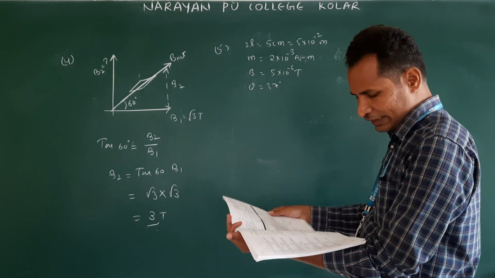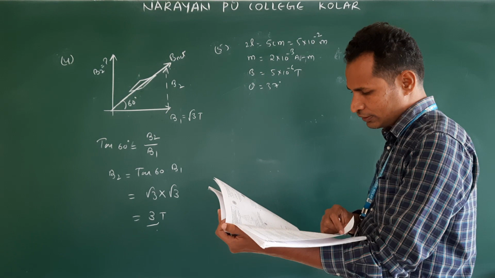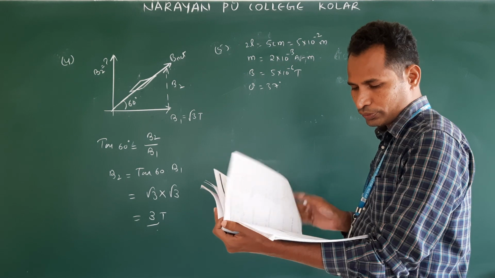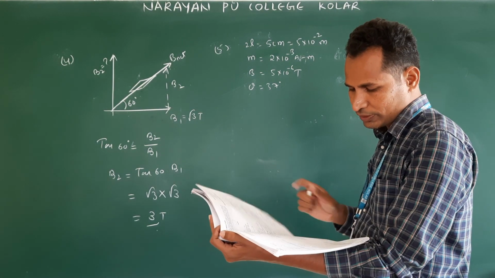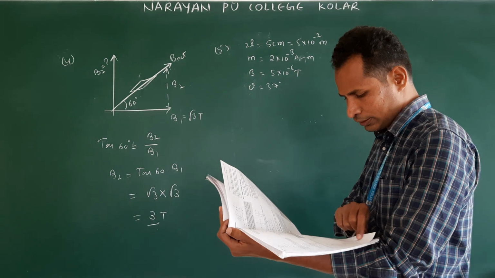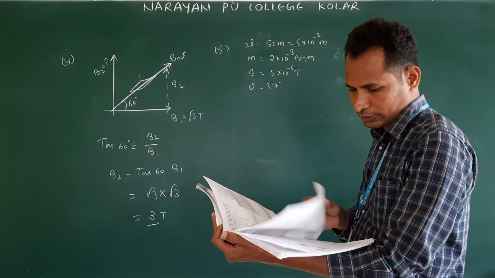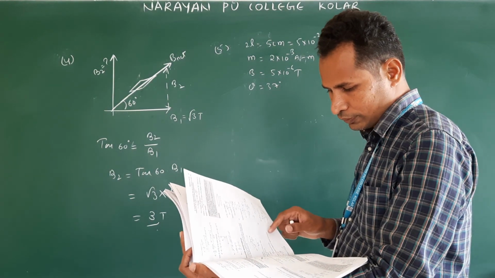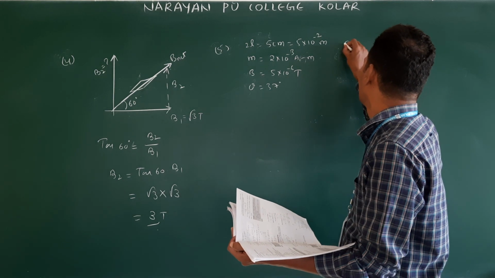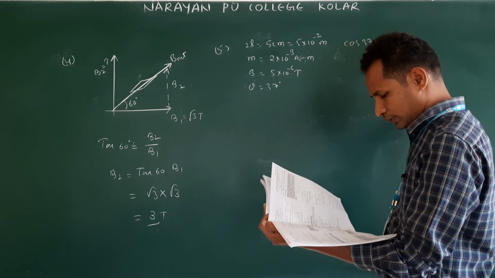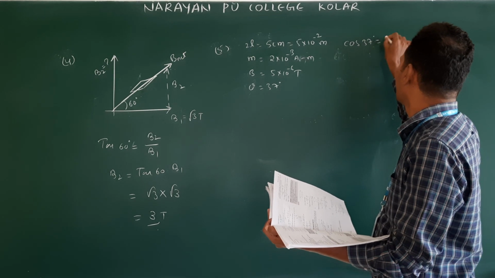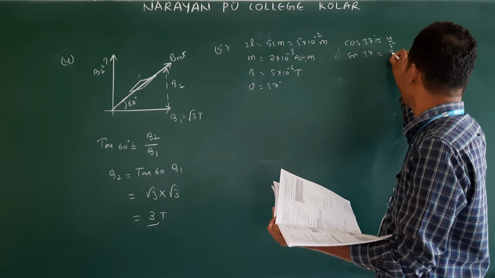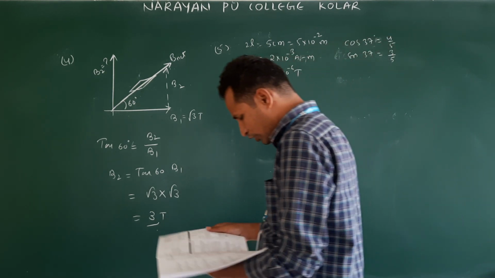Okay. Now we will see their values. Already in the previous problem they were given. Yes or no? Where did they give? In an example problem they were given. From that I will take this: sin 37, cos 37. Cos 37 is 4 by 5. Sin 37 is 3 by 5. Right.